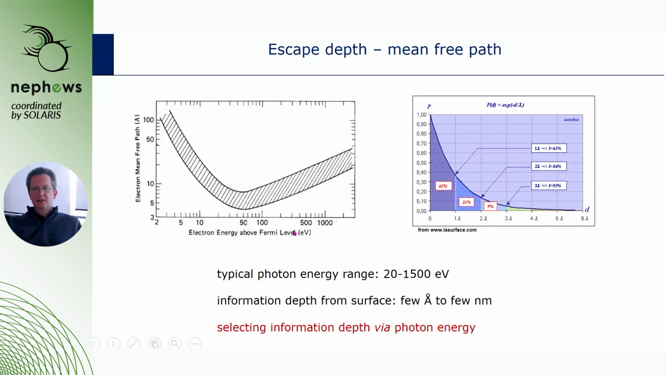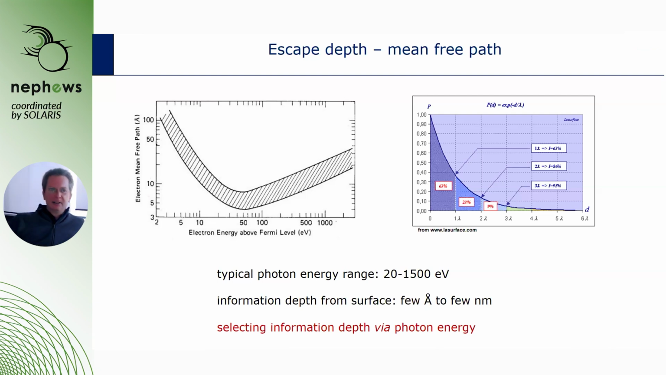Here the electron energy above the Fermi level is given, but by all practical means you can just think of that as the kinetic energy of the electrons leaving your sample. And of course, characteristic of what you have in your sample are only those electrons that have not been inelastically scattered on the way out. So, this is then the mean free path an electron can fly in a material without being